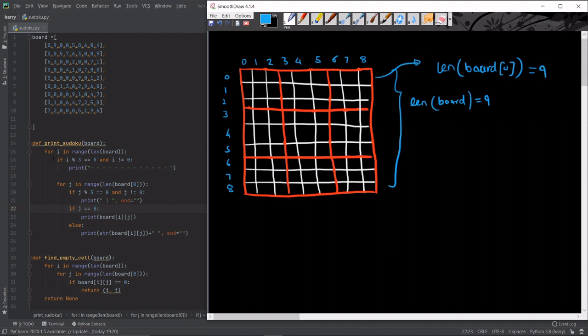So I'm looping i in range of length of board, that is i goes from 0 to 8. If i modulus 3 equal to 0 and i not equal to 0, just print